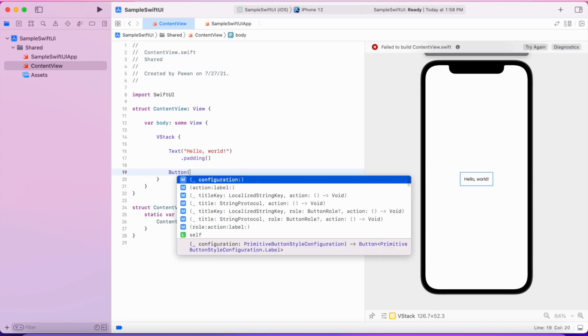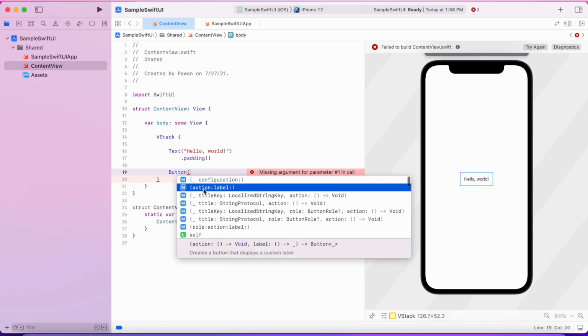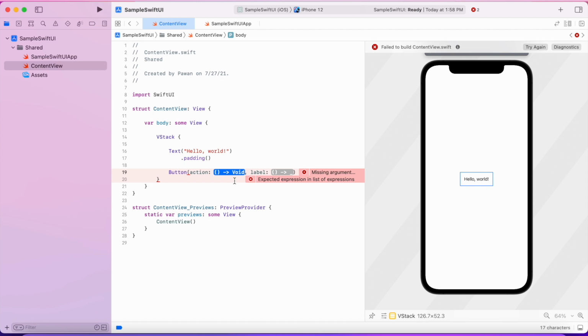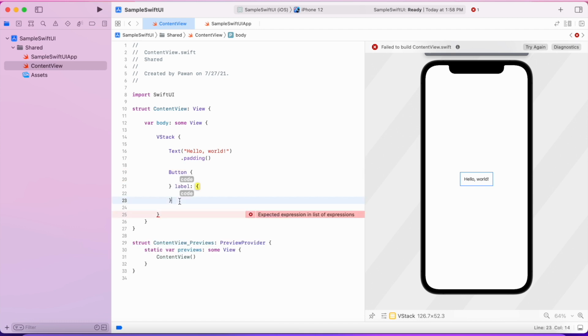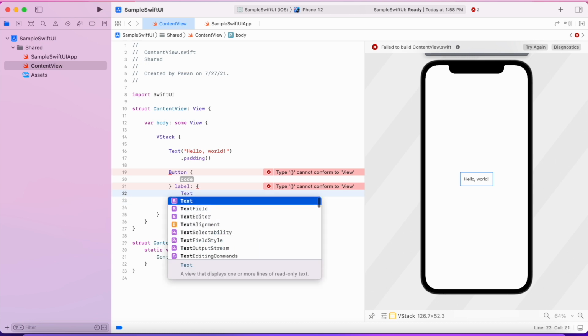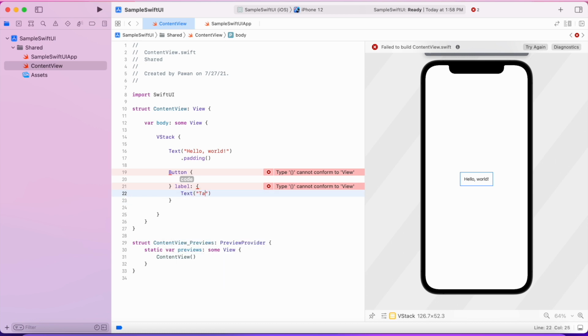And to create a button, just say Button, open the parentheses, and let's choose this action and label template. And when you press enter, you see two closures here, one for the action of the button, that's the first one, and one for the label of the button that would be shown on the screen. So for the label, we will just have a Text that will say Tap me, and for the action,